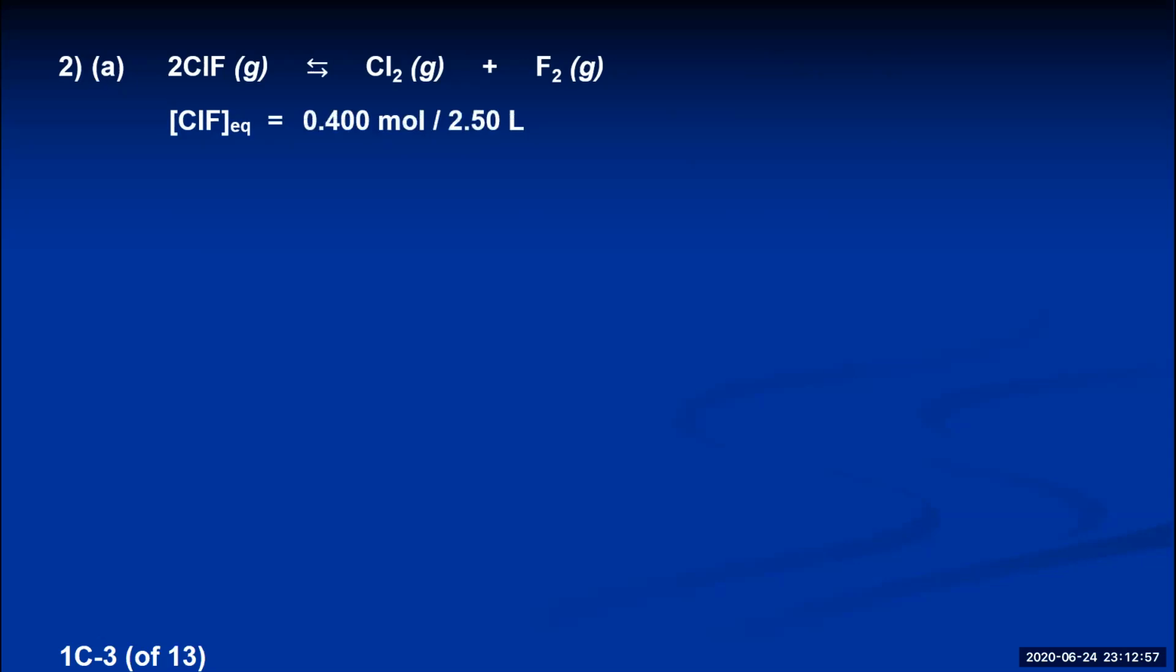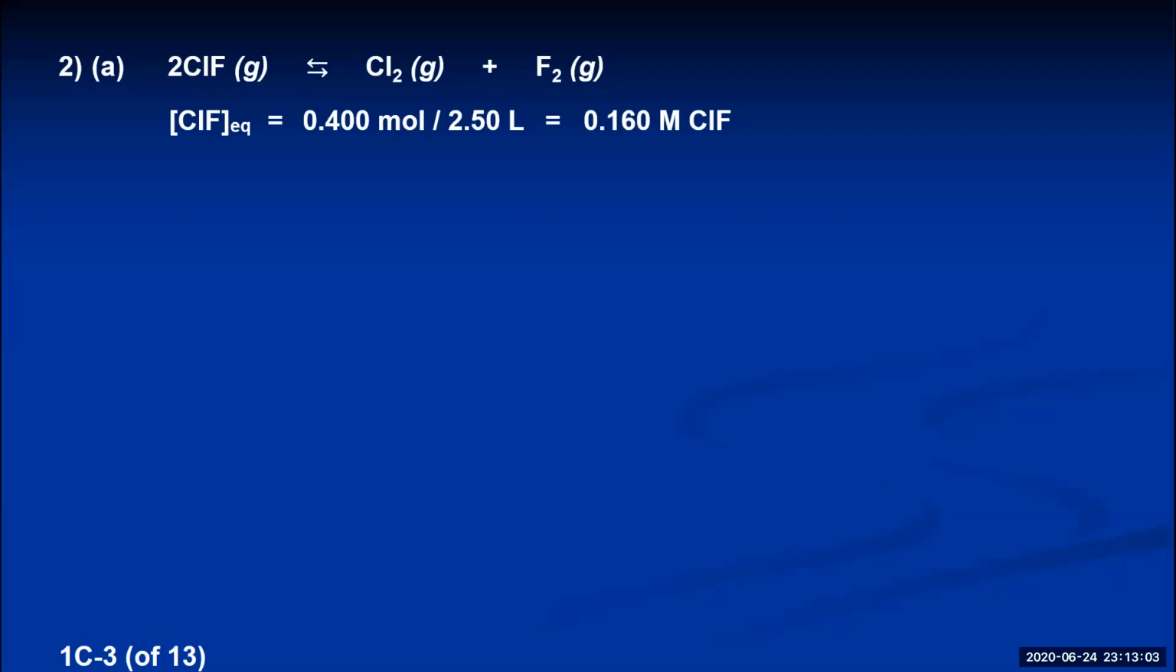So the reaction given is this, and if you want to calculate a Kc, that means the ratio of the molarity of the products to the molarity of the reactants at equilibrium. And so we'll need to calculate what the molarities are for each of the different substances because they've told us how many moles of each substance there are at equilibrium, and we know the volume of the container. So the equilibrium molarity of ClF should have been 0.400 moles over 2.50 liters, which comes out to be 0.160